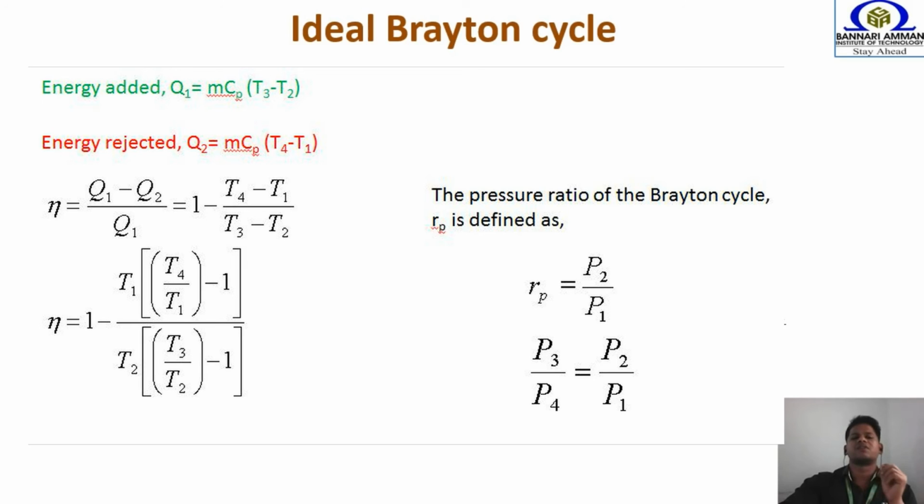See, it's very easy. No need to memorize these formulas. For an isobaric process, the formula for calculating heat supplied or rejected is simple: m Cp del T. The only thing is that you have to understand the concept of substituting the temperature, whether it is T3 minus T2 or T2 minus T3. So maximum temperature minus minimum temperature will give you the value of heat supplied. Similarly, maximum temperature minus minimum temperature will give you the value of heat rejected in the isobaric heat rejection process.